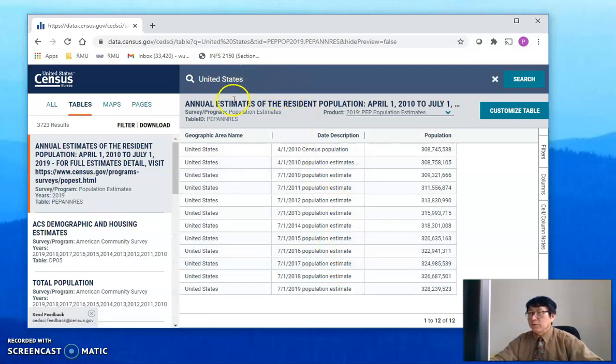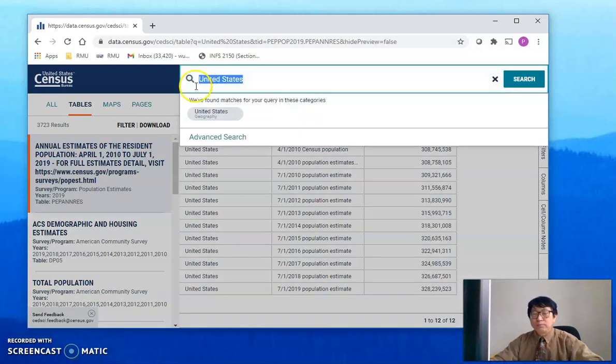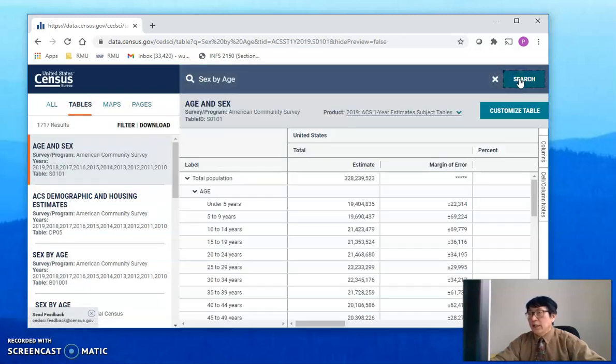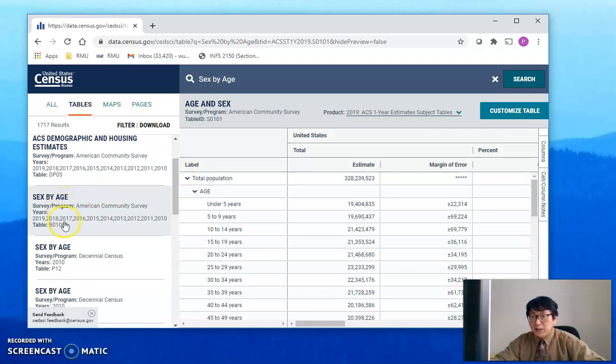and it asks what kind of table you want. You can search around, find out, and if you choose filter, that means you can sort out what kind of data you want for that kind of table. So we want the age by sex, the sex by age. That is a kind of search mechanism that allows us to easily narrow down our selection. So let's search that, and the kind of table we have there, yes, that's sex by age, and